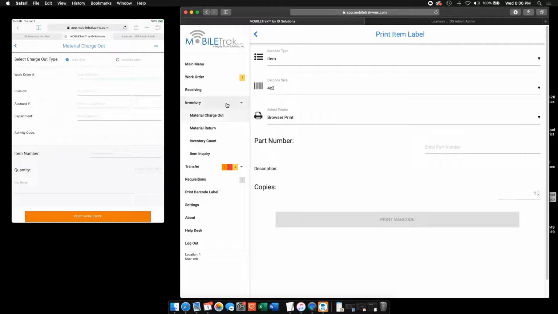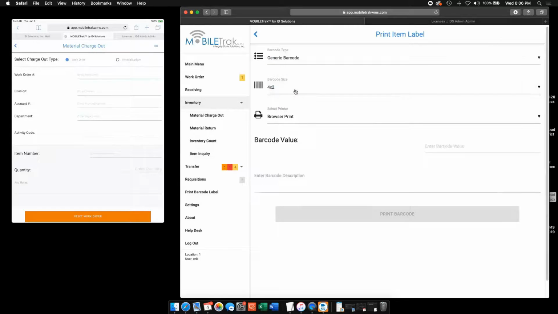And to do that, we can come into this print barcode function and we can select the barcode type that we're doing. Is it an item barcode label? Is it a work order barcode label? So maybe we want to print on demand in the warehouse from an accounting office a barcode label for work orders that you want them to pick today, right? Or a generic barcode. So we would simply just click the type that we want. We would set what size label that you use. Maybe you use a 4x2, a 1x3, you know, or a custom label that you want us to design specifically for you. San Miguel is one of our utilities in Colorado, and they have a custom label,